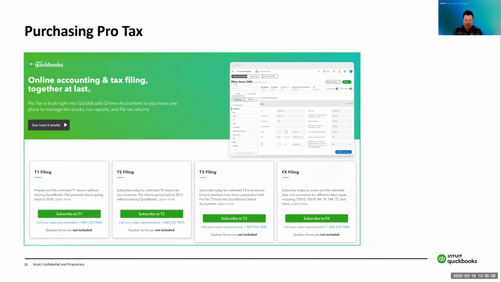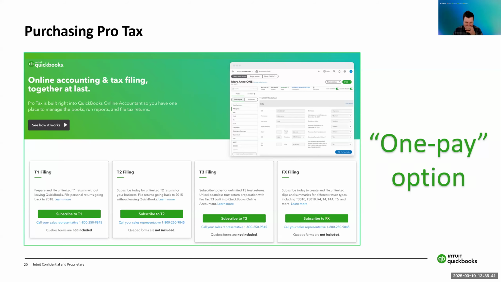Okay, purchasing ProTax. The way that ProTax works when you are using and purchasing it is it's a subscription-based model that is an annual subscription. So when you sign up to ProTax, you get a full year's worth of unlimited tax returns that you and your team can prepare. And it's based on the module that you purchase. As I mentioned, you can also purchase bundles and suites for additional savings with ProTax, and that gives you the same annual subscription for unlimited tax returns.